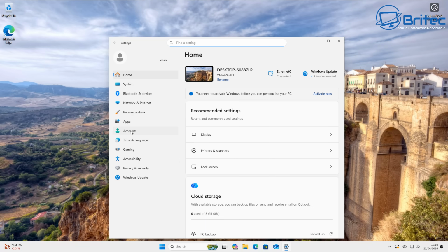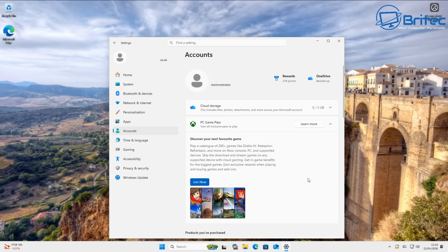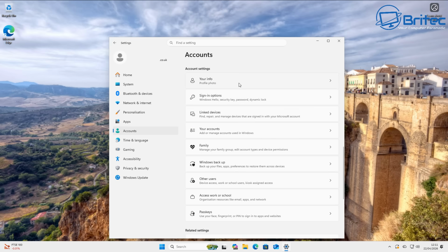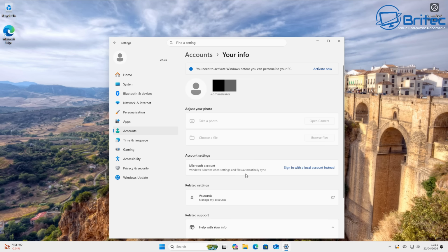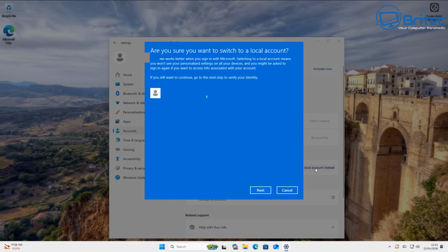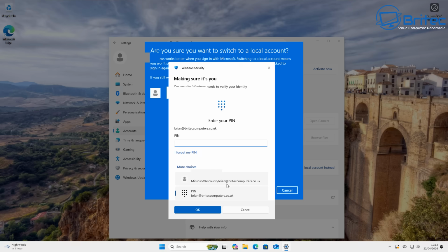Now, Microsoft say that what they want you to do is sign into your Microsoft account during the out-of-box experience, your setup of Windows 11. Once you get to the desktop, you can then sign out of your Microsoft account and sign into a local account instead. I wouldn't advise people do this, because obviously by now you've given your information and they know who that computer belongs to. But really what you want to do is sign into a local account during the setup phase. And there's still a few methods that allow you to do that today,